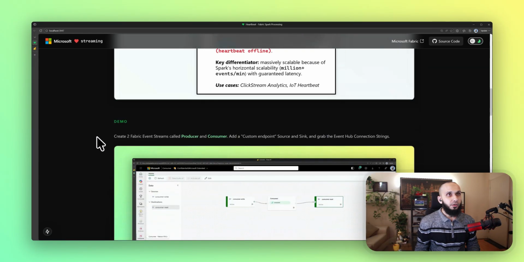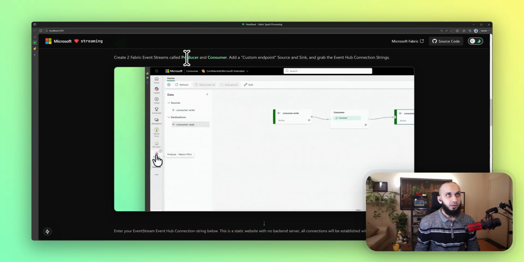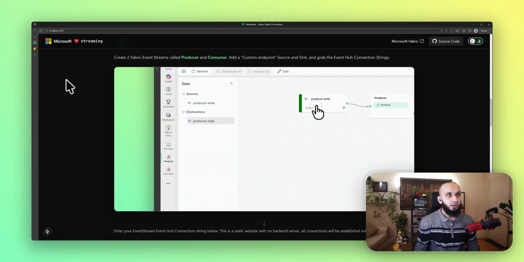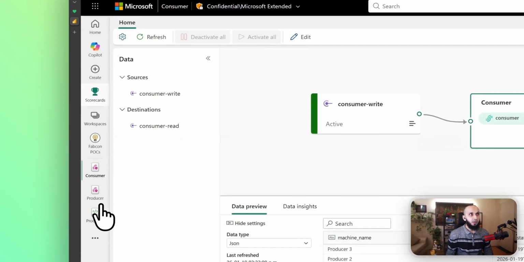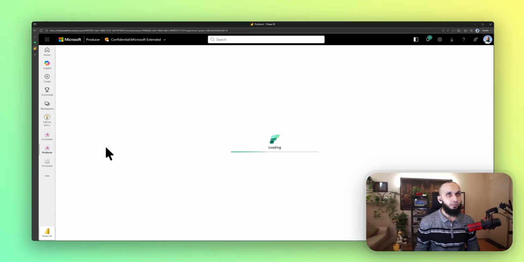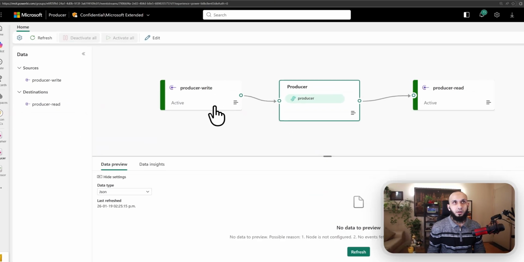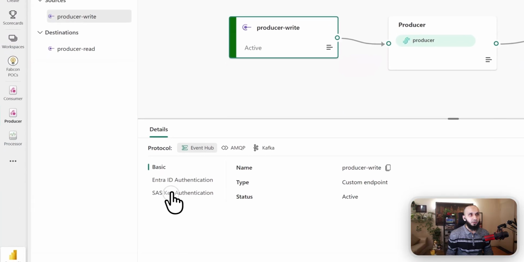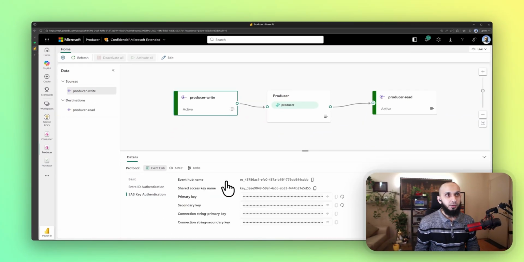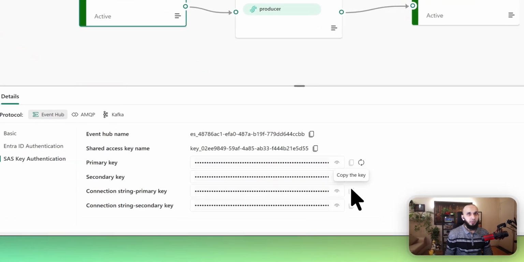So we start by creating two event streams called producer and consumer. I've already created those. You can see here is the producer stream, and the other one's the consumer. What we need to do is go ahead and grab the connection string. For example, this one is the producer write. So I can grab it,